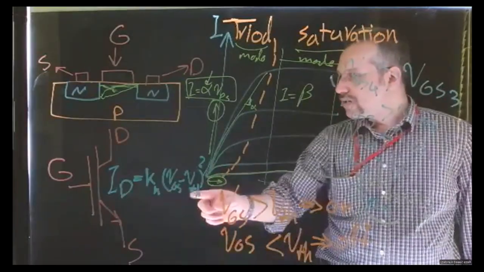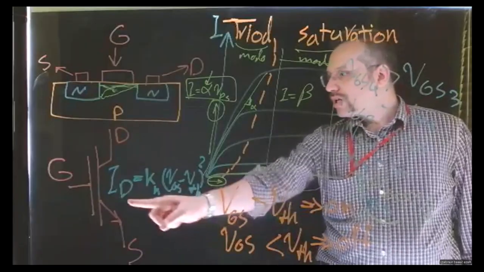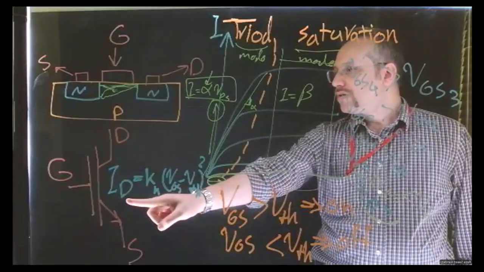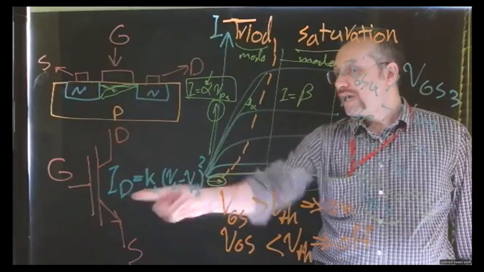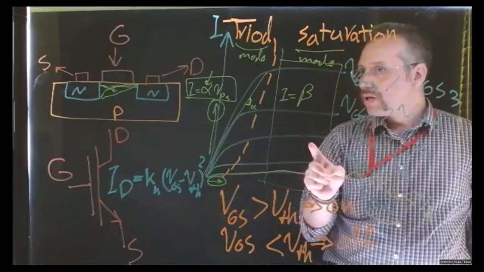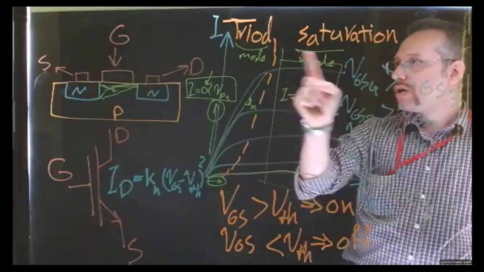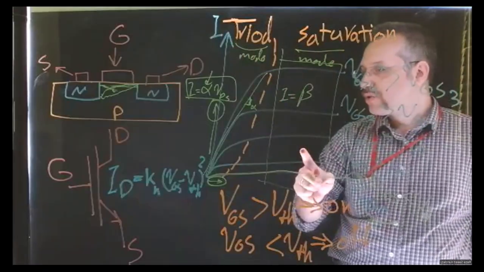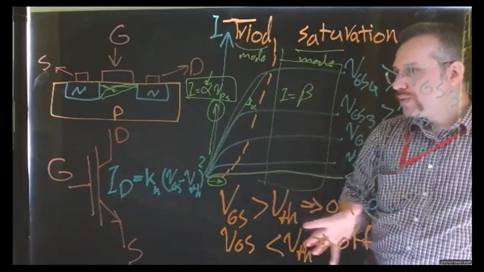Now, if we exceed the voltage threshold, we can calculate the level of the ID, the level of the current, in the saturation. Be careful. This is in the saturation, not triangle. In the saturation. Now, this is the theory behind the